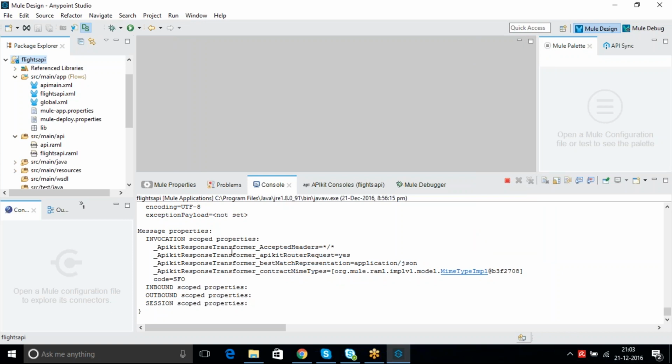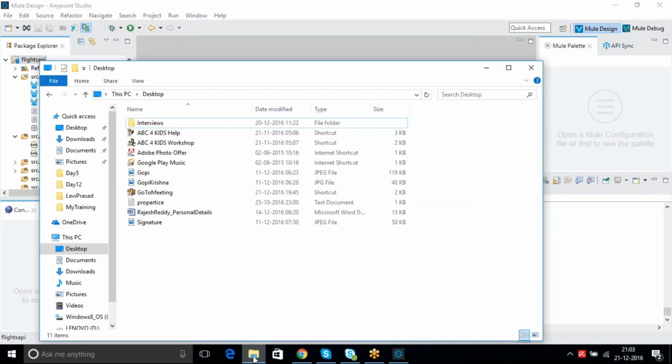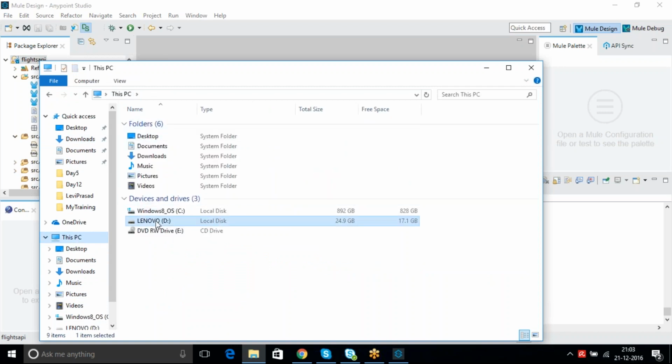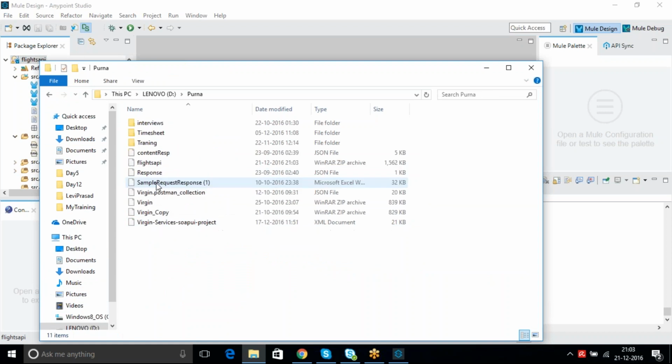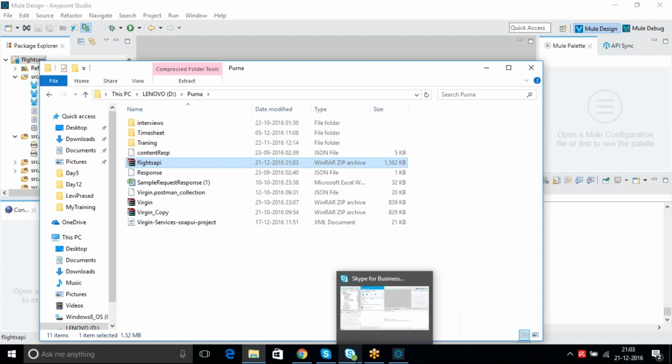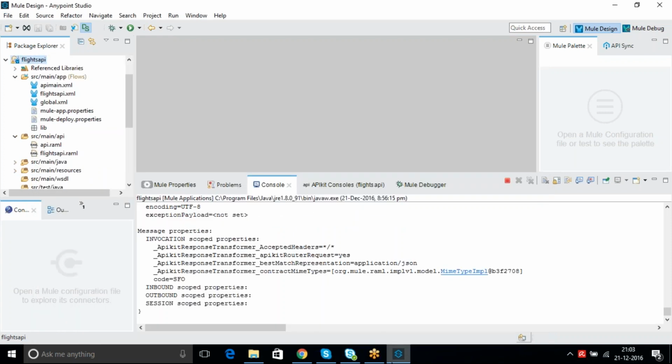This is the way you can export your complete package to deploy. Yep, you can see here the Flights API. This is your JAR file. When you are giving it to someone, you need to give this one. If they are going to deploy on some other server, you need to make it a zip file and give it to them.